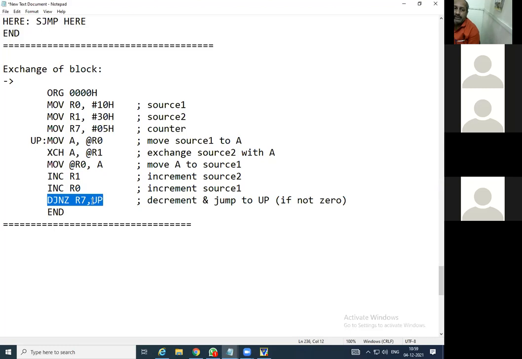If you are writing this JUMP in capital, you are supposed to write it in capital only. If you write it in small letters and try to run the code, it will definitely give an error. Got it? This and this are different, so it should be capital only. So this is the exchange of block we have seen here.